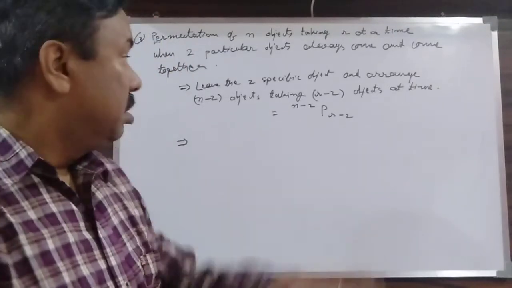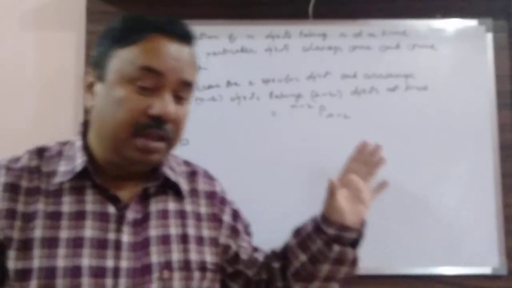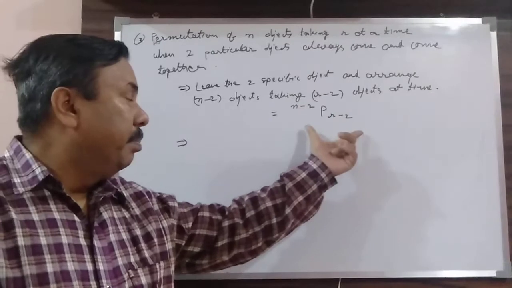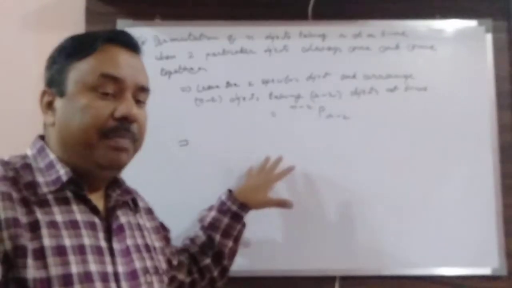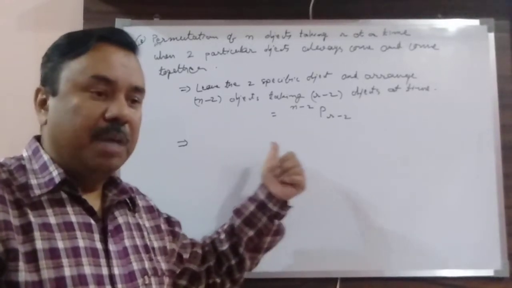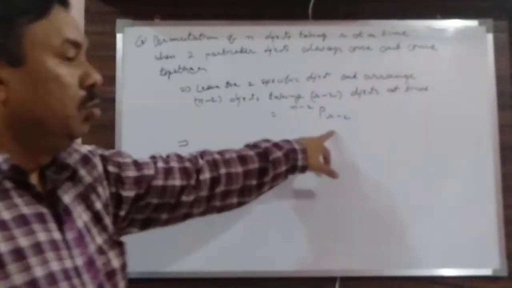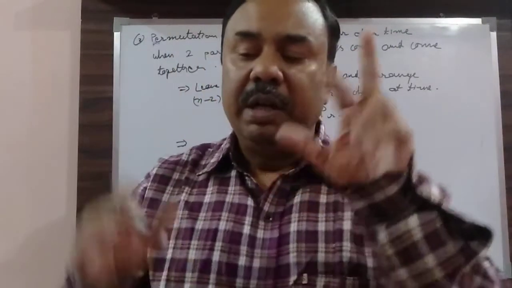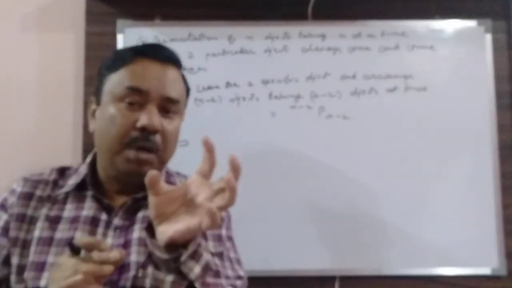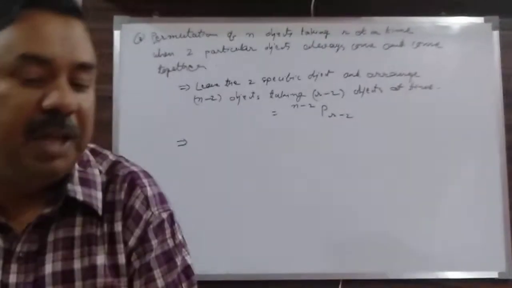These two objects are now to be placed. As I have explained earlier in this class, if I have got R places, the object can be placed at R plus 1 places. Similarly, if I have got R minus 2 objects already placed, and I am assuming both these objects to be 1, these two objects can be placed at R minus 2 plus 1 places.